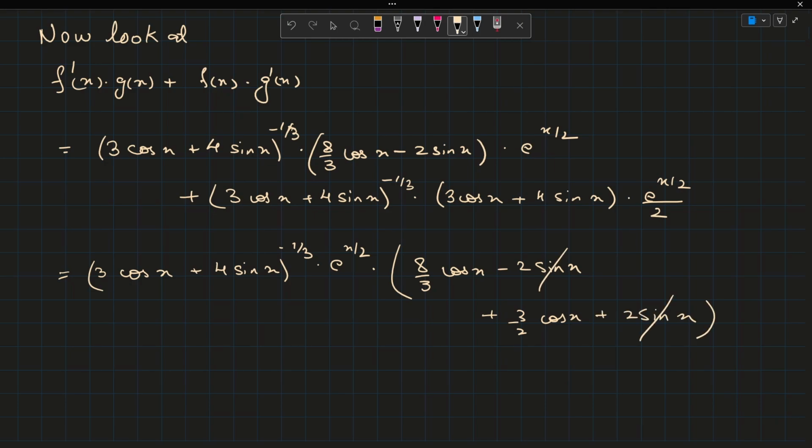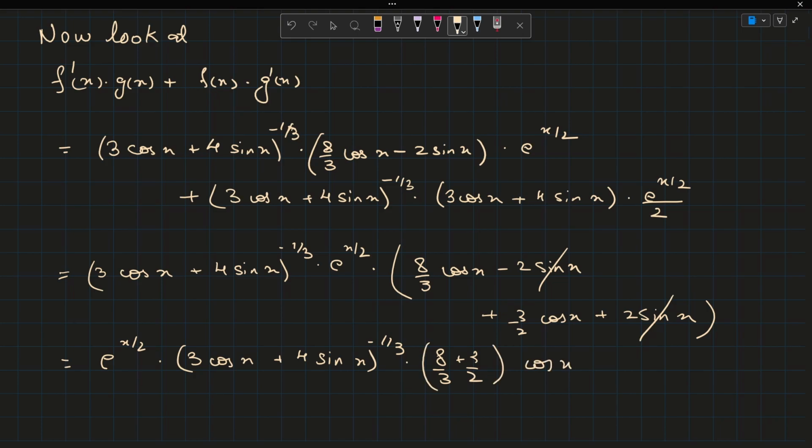So this cancels out. We get e to the power x over 2 times (3 cos of x plus 4 sin of x) to the power minus 1 over 3 times (8 over 3 plus 3 by 2) cos x,